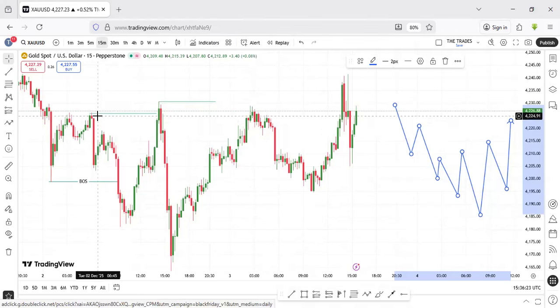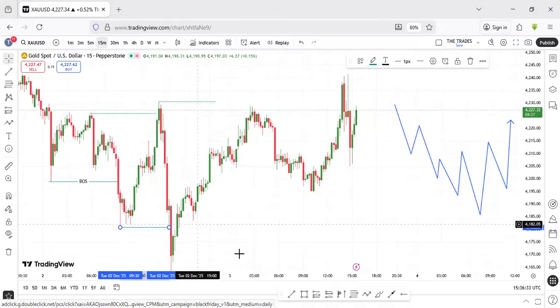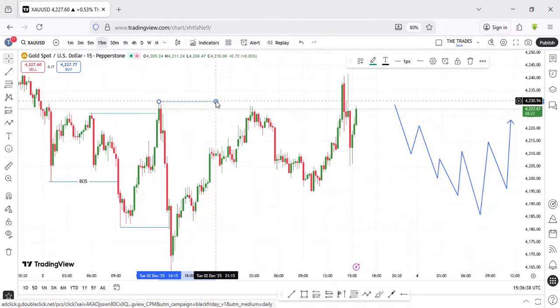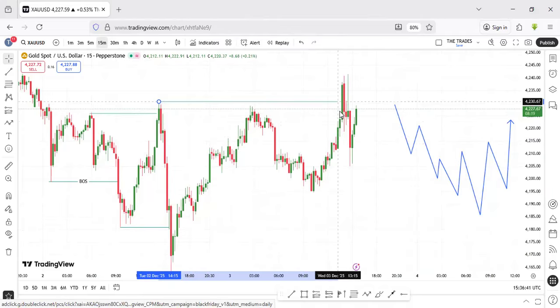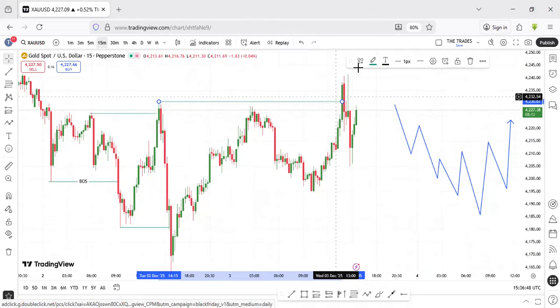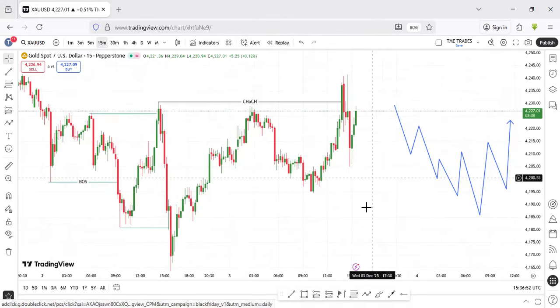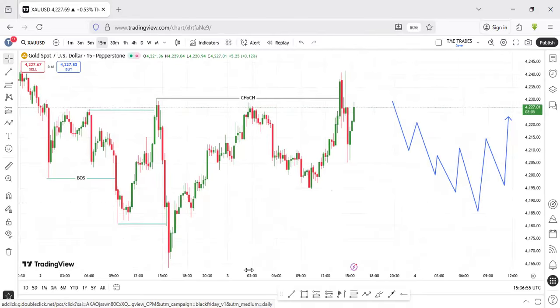Now, when you look at it right now, this high had already taken out the last low. As you can see, it still broke this particular structure, right? Now, what we never wanted to see is the market going above this, because once the market goes above this, this is what we call change of character, right? This change of character that we are seeing right now is going to push the market to the upside. So right now, we are waiting for the market to return to the fair value gap or order block